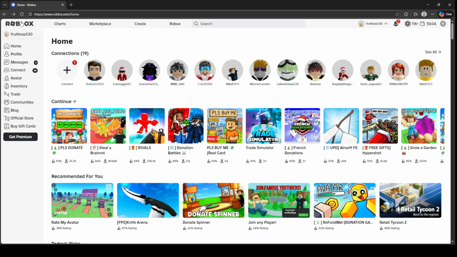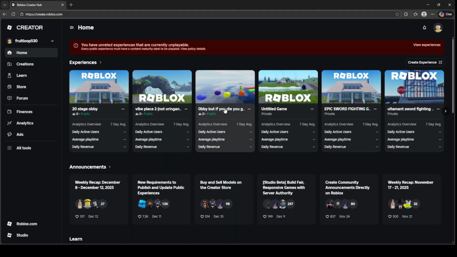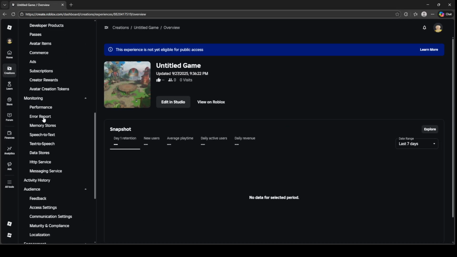First, go to Roblox.com. Second, you're going to want to press create. Then you're going to want to press whatever game you have. And make sure you sign into Roblox Studio, of course. Press on the game you have. Scroll down to